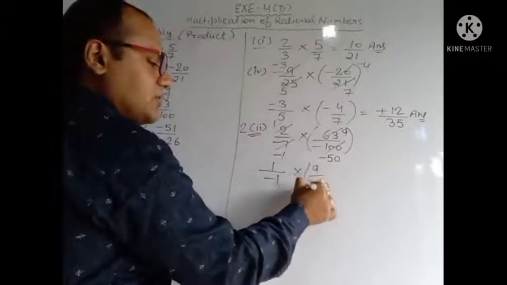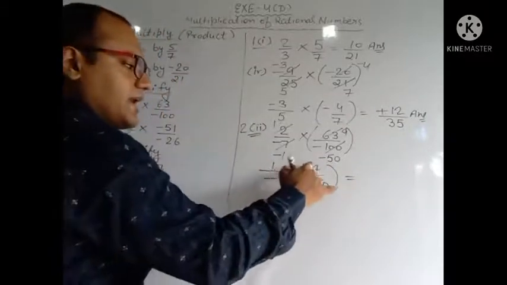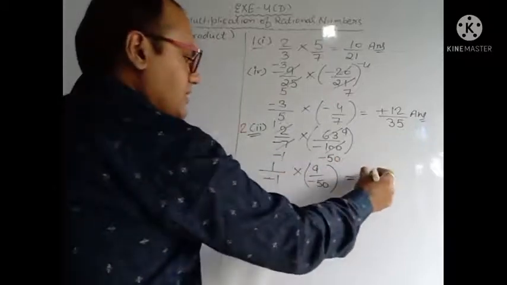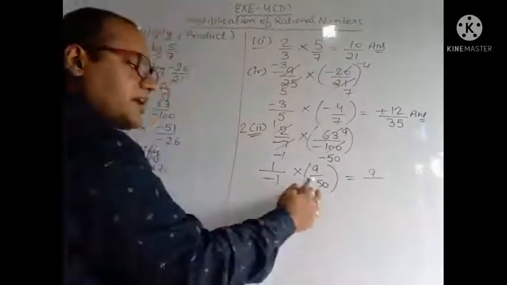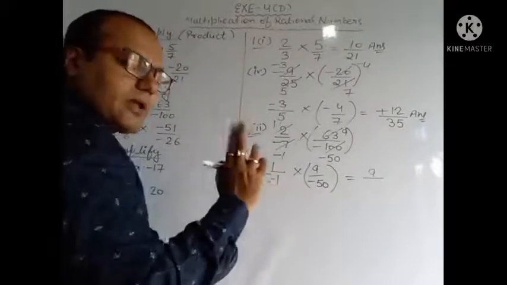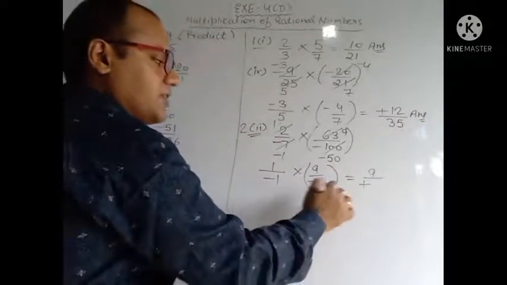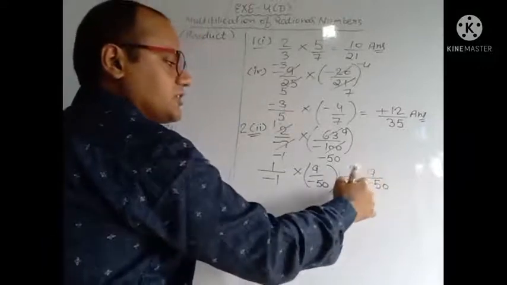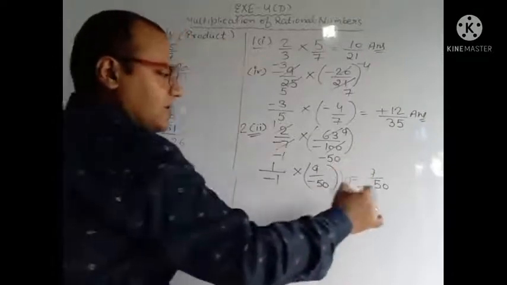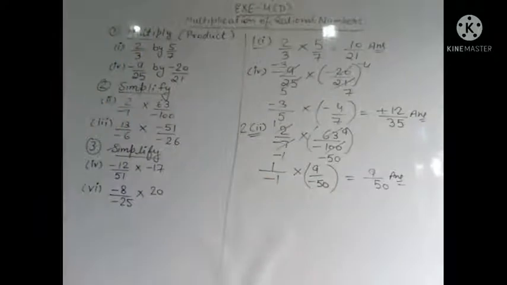Multiply and minus are coming together, so we will use here one bracket. Now 1 multiply 9, numerator and numerator we have to multiply. 1 multiply 9 will be 9 upon, denominator and denominator we will multiply and we will write the answer in the denominator. So first of all we will multiply sign, minus minus plus. 1 multiply 50 is 50. No need to put this plus sign, it is not compulsory. So your final answer is 9 upon 50. So like this you have to do the second part of this question number second.